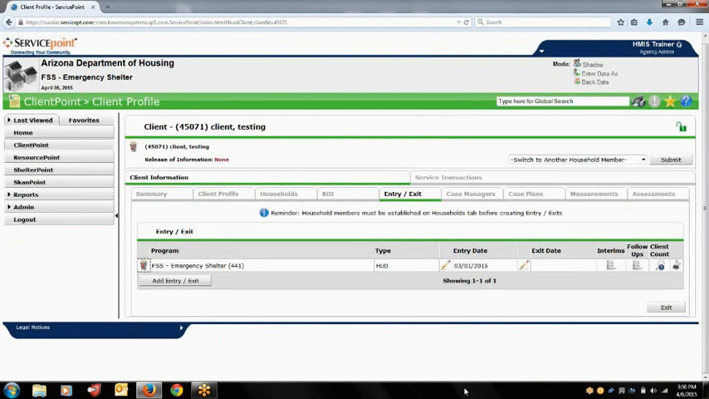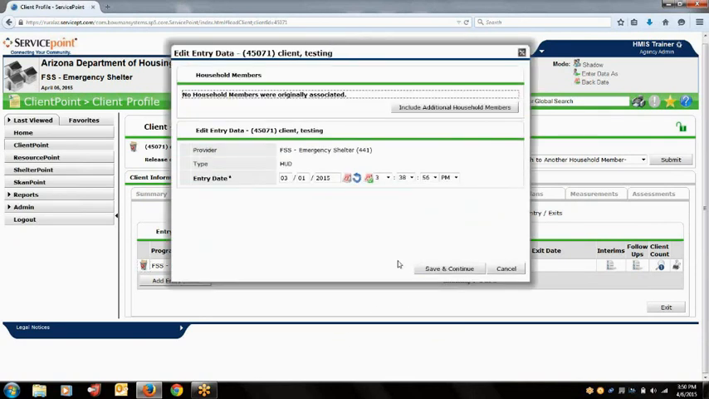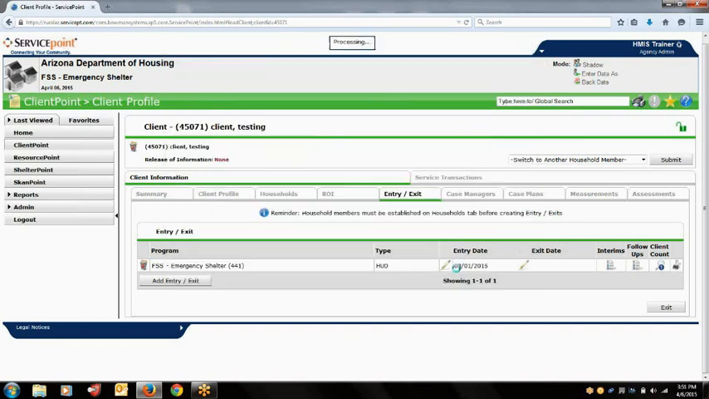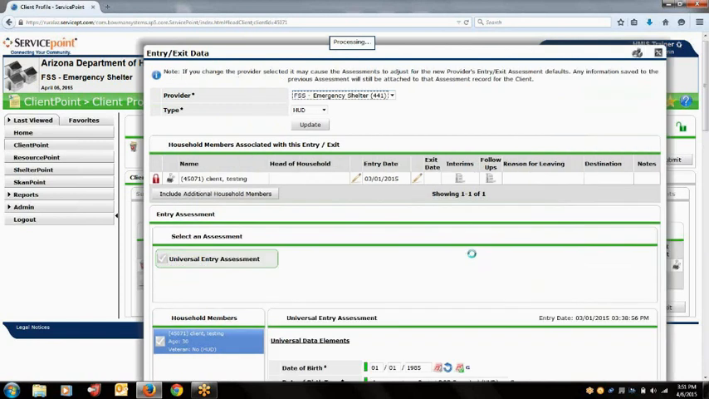If you are a case manager and you wish to record more data on your client, you can do so by clicking the pencil to the left of the entry date. By doing so, you will be directed to the Edit Entry Data screen. This is where you will click Save and Continue. It will then direct you to the Entry Exit Data screen